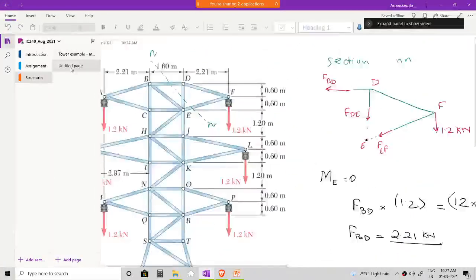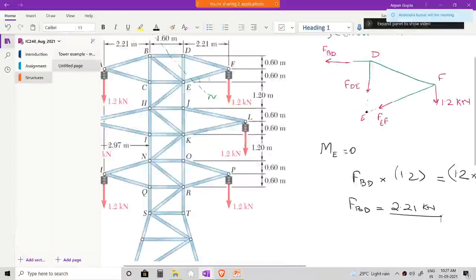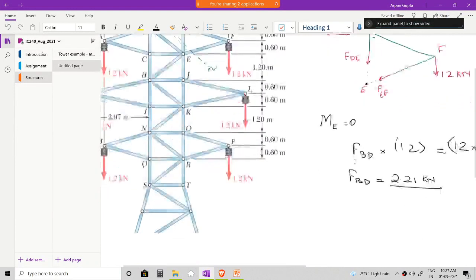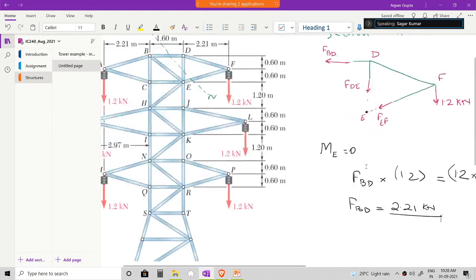By this simple one line calculation, we are able to get that very quickly, right? So this way you can do this very quickly, and if FBD in this section turns out to be in this way, then if I draw